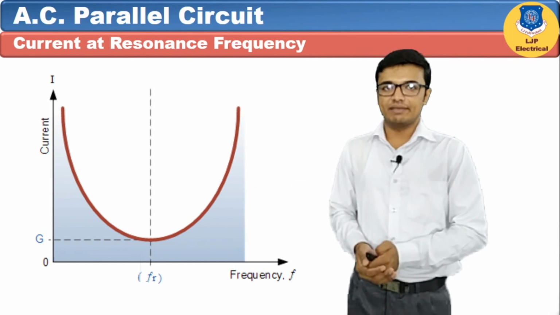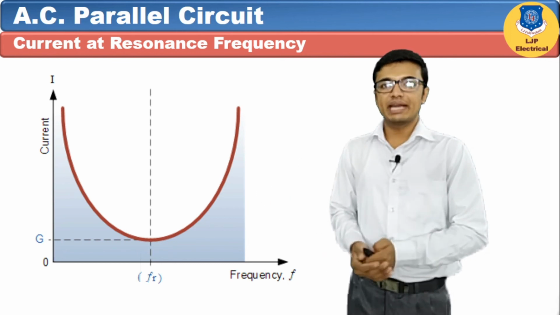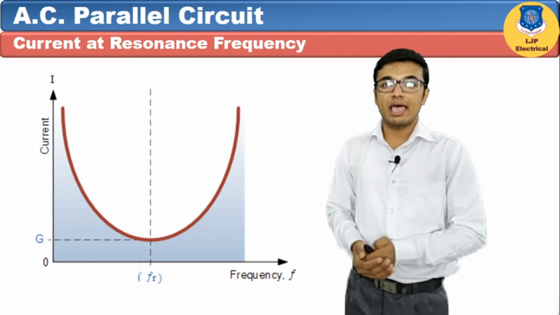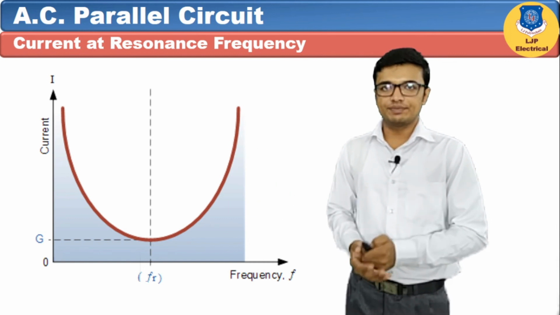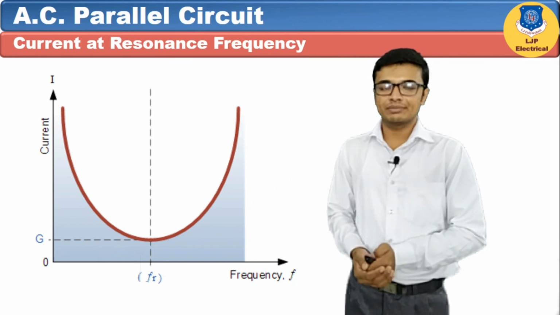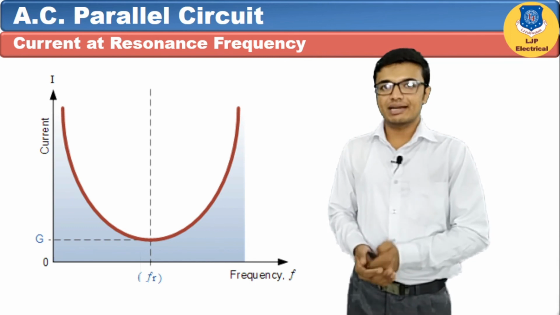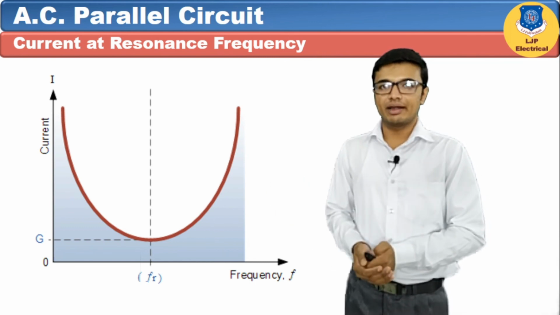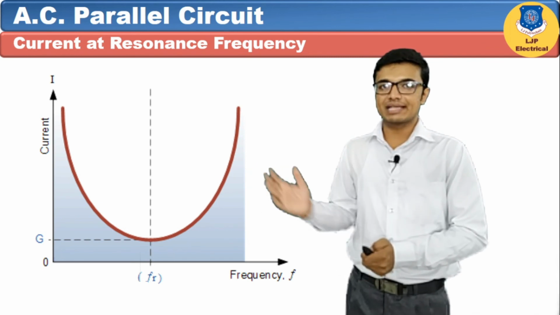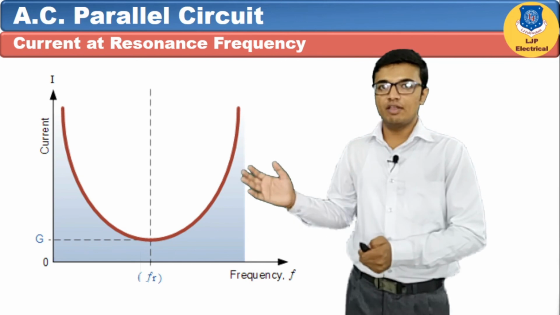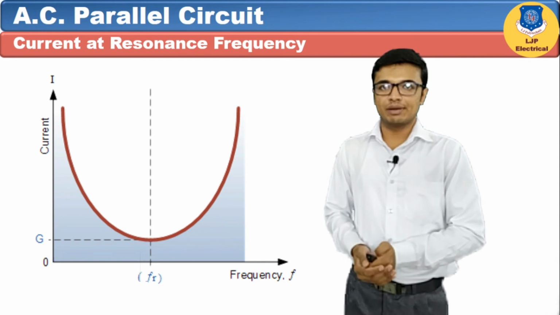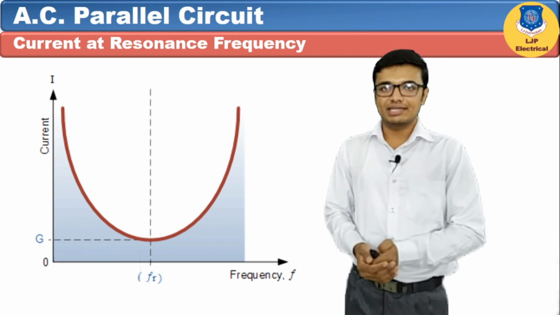During zero frequency, the value of impedance will be very low, so we will get very high current. If we increase the frequency, then the value of impedance will increase, so current will decrease. At the time of resonance frequency, circuit impedance will become maximum, so circuit current will become minimum. After the resonance frequency, again circuit impedance will decrease, so circuit current will increase. So we can say that at zero frequency, the value of current is maximum. At resonance frequency, the value of current is minimum, and after the resonance frequency, again the value of current is maximum. So this is how current will vary with variation in frequency.